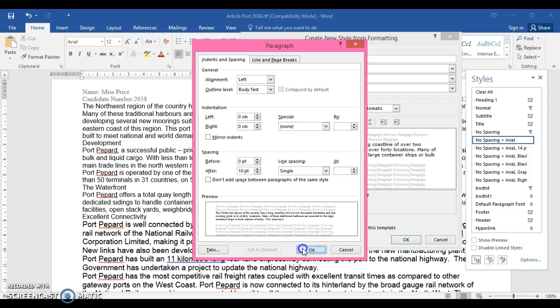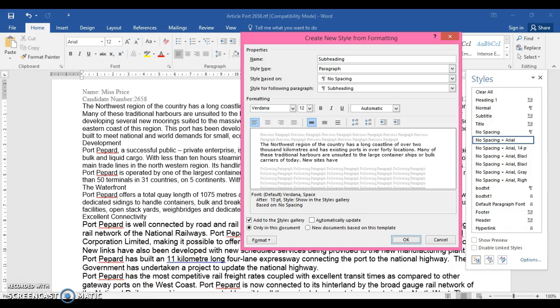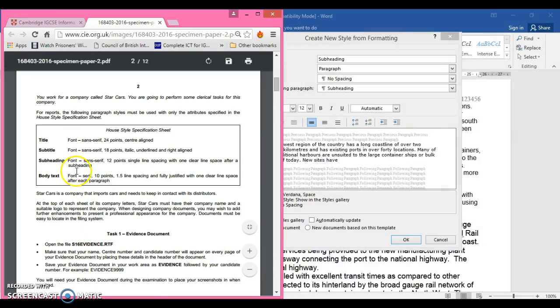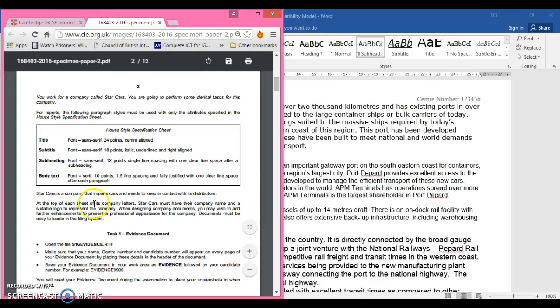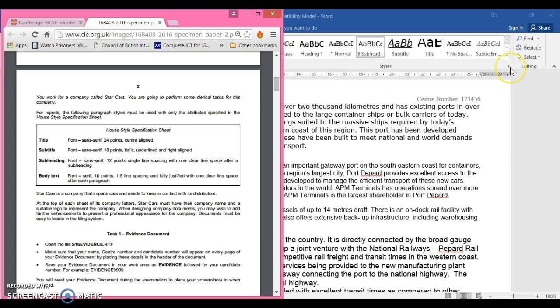So press OK to that, and just do one more check, and I'm sure that you can see that everything's been done now. So that's that one made. Press OK, and you can see our subheading one is here. Okay, so now we need to go back and we can see body text. You can see there's not one really here called body text. So again, I'm going to make one,